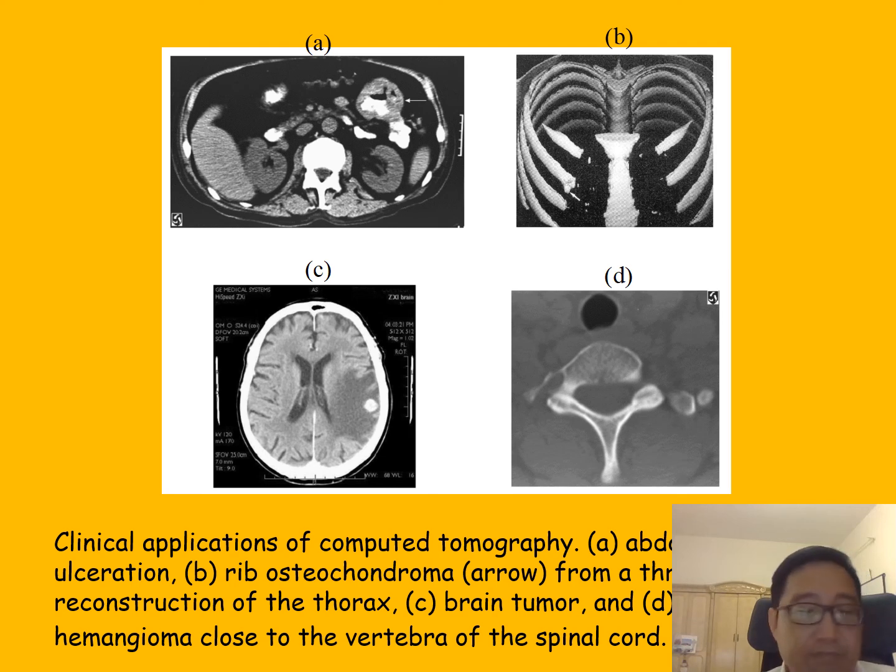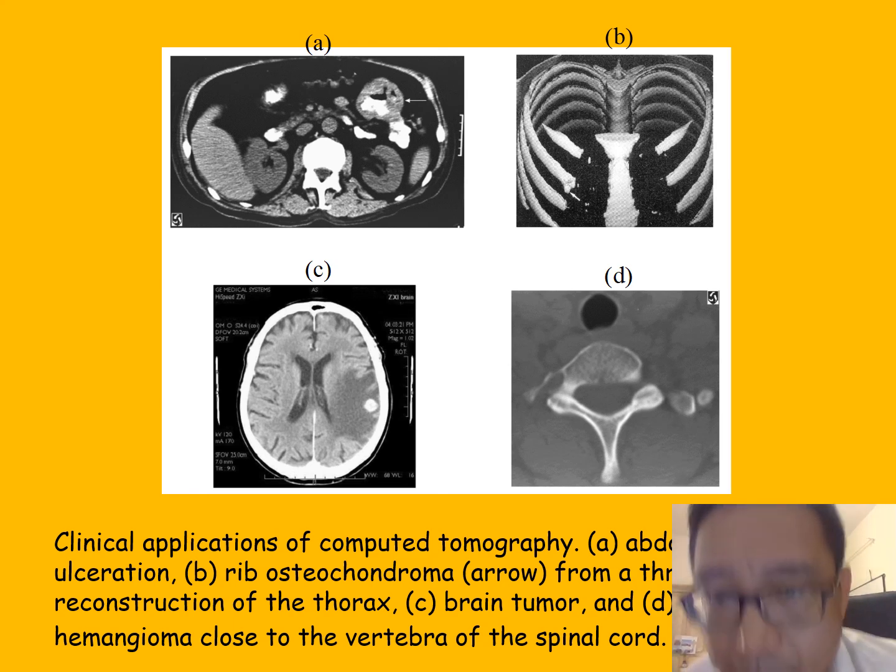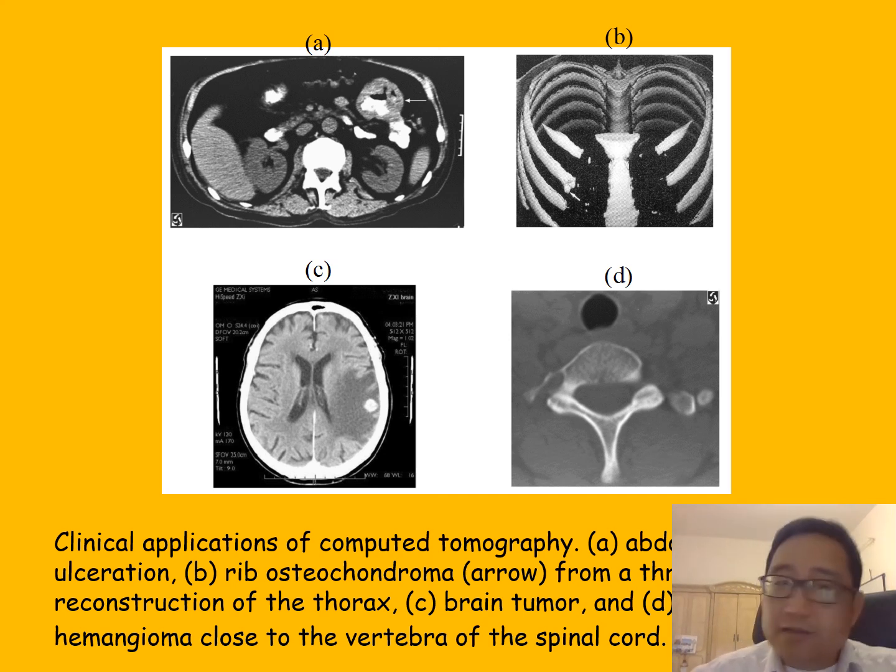So CT is, I would say, probably the second most used tomographic medical imaging method. The top one actually is ultrasound because it's very cheap, convenient, and portable. But I would say the second method is probably X-ray radiography and X-ray CT. It has many applications. I can't tell you all, but we use